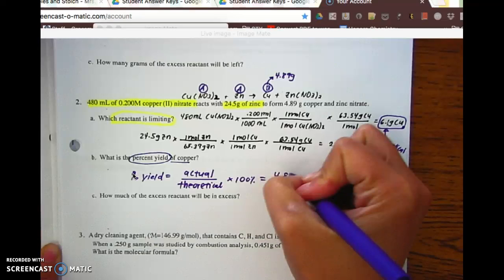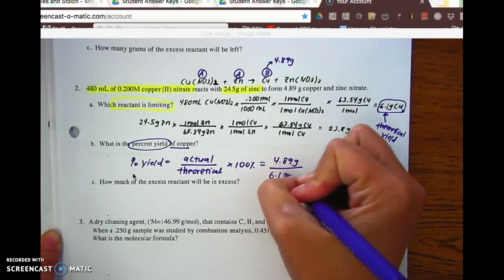And the theoretical, the amount I was supposed to get from my limiting reactant calculation, was 6.1 grams of copper. So I multiply by 100, and if you multiply all that out,